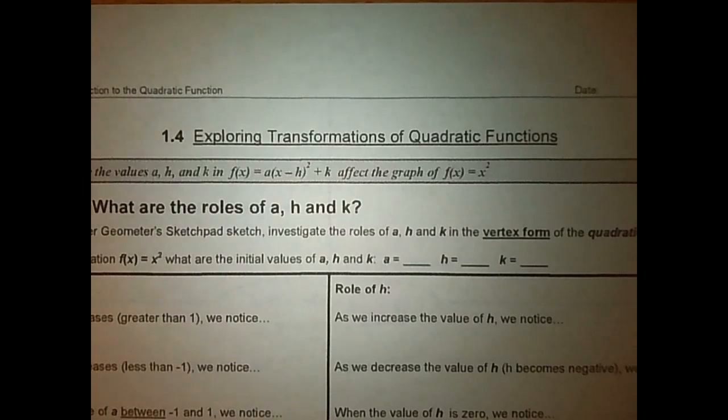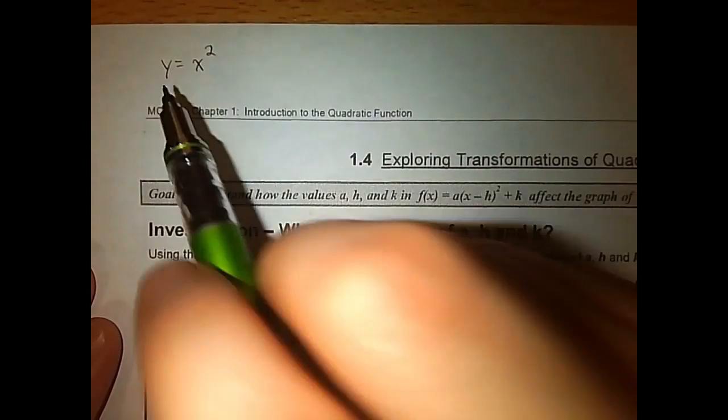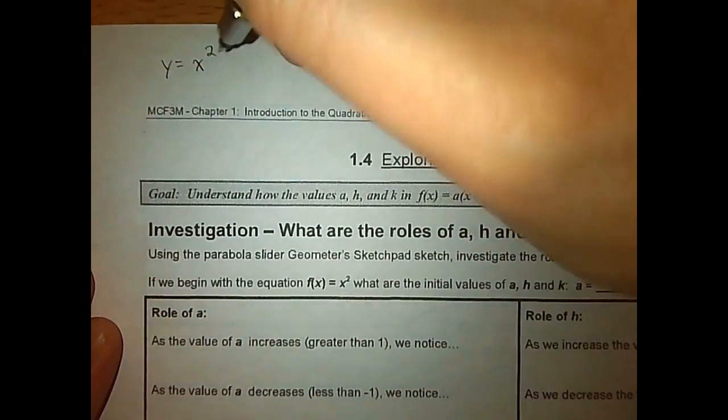Hi everybody, this is going to be our note for 1.4, Exploring Transformations of Quadratic Functions. So to understand this lesson, we have to look back a little bit at what we already know. We do know about quadratic functions. We have a graph here of y equals x squared. Sorry, I should put this as a function, I guess,